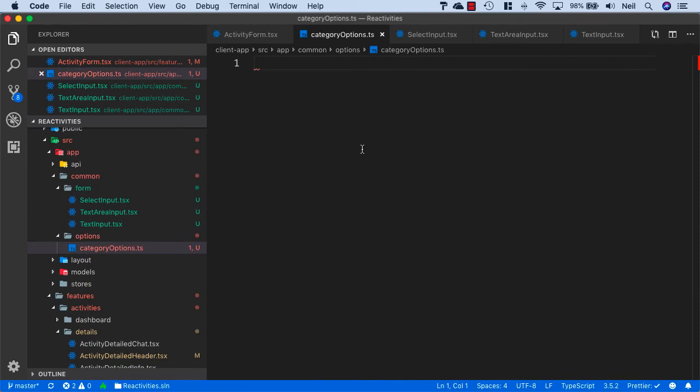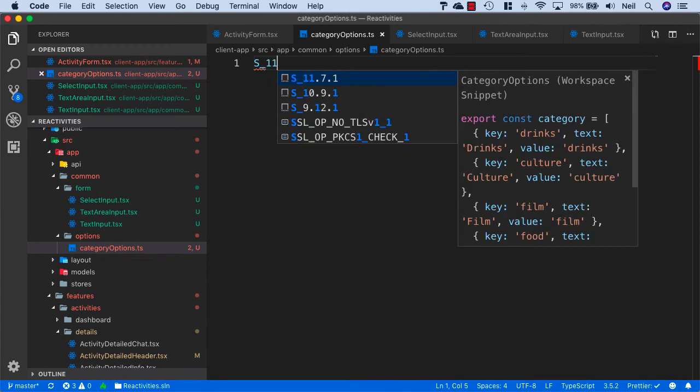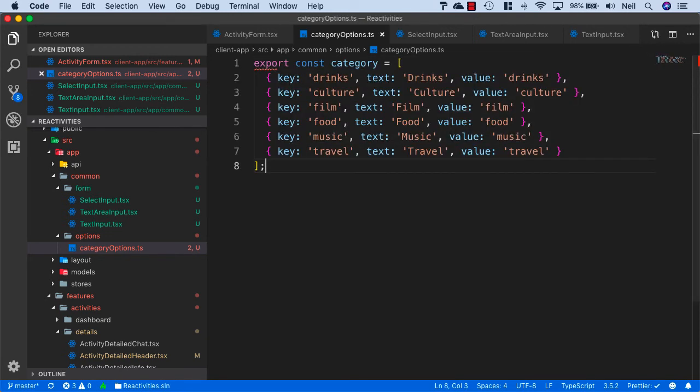And all we're going to do here is just add an array of options, and I do have a snippet for this to save a bit of typing. And if we use S11.7.1, this is just going to give us our array of different category options. And each one has a key, the text that's going to be displayed in the select options and the value,